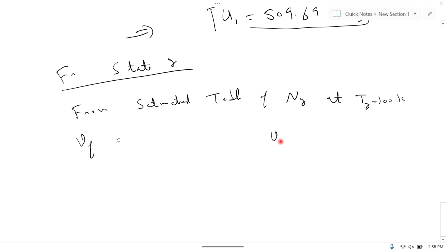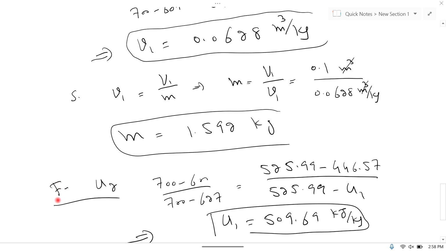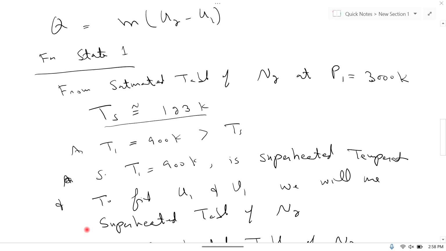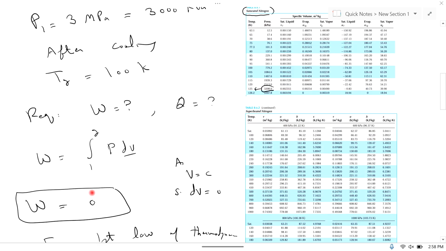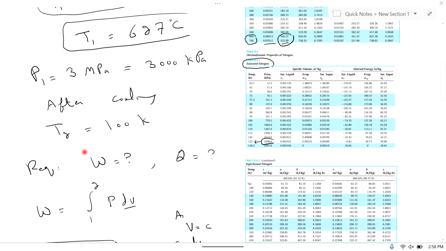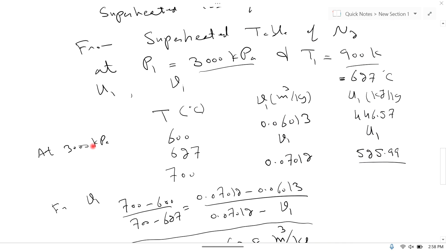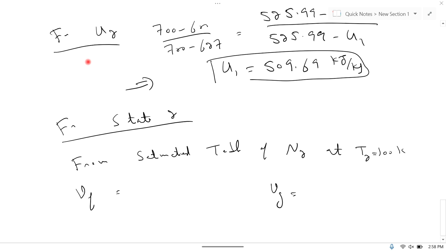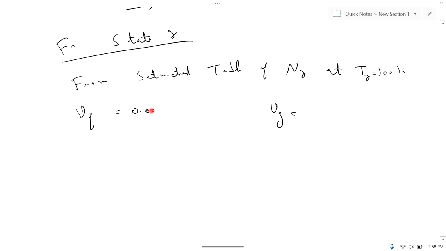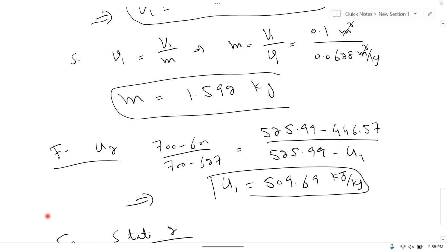At 100 Kelvin, this is the saturated nitrogen and this is 100 Kelvin. At 100 Kelvin, this is Vf, 0.001452 meter cube per kg,